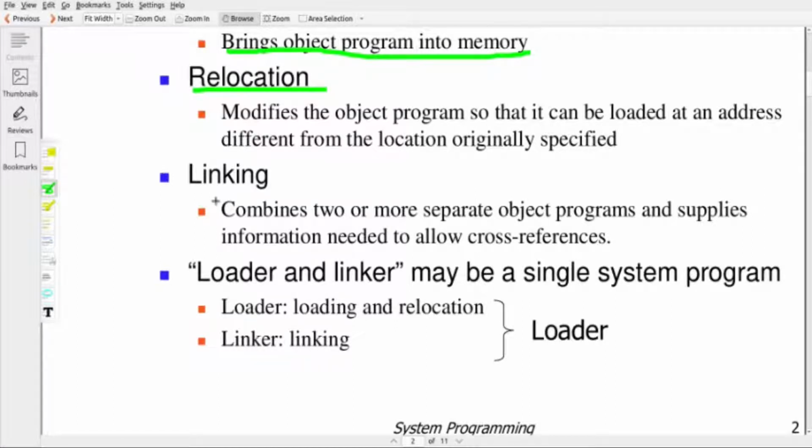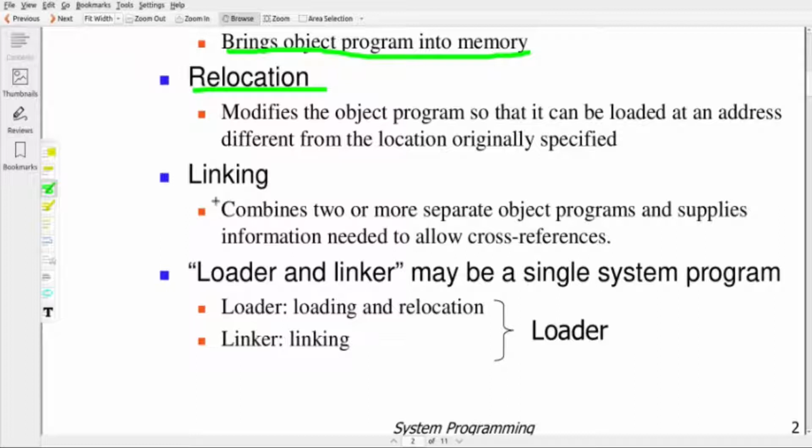Basically, we will use a loader and it will perform all these three operations. That is a modern loader and its functionality. The loader will perform relocation when the code is a relocatable object program. A loader also will link among the separate object programs and supply the information needed to allow cross-referencing of those loaded programs.